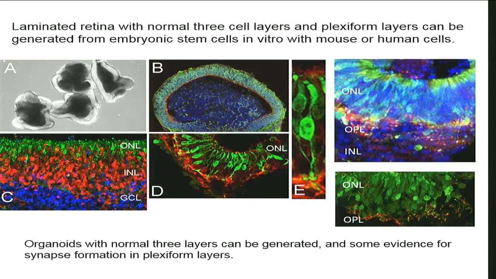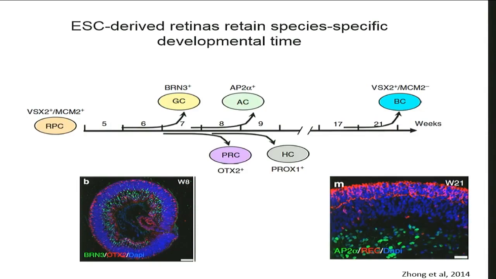And in the retina, we have very specific markers of a synapse type called the ribbon synapse, and we can even see evidence of ribbon synapses forming in the organoids between the layers. So at least the mouse cultures are developing very nicely up to the stage of initial synapse formation. And so that's what we're further characterizing now in our system.